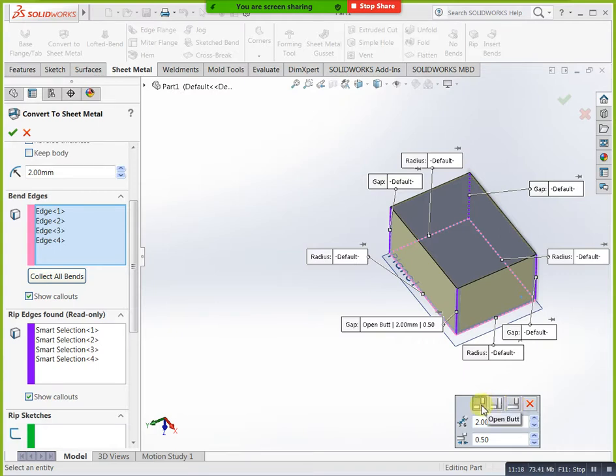Okay, which type you need? You need overlap type, you need underlap type, you need open butt. I need open butt type. Okay, when you selected this open butt type, now you can do finish. Okay, same you will consider all. Gap, we need gaps na? Here you can select gap. Already we have open butt type, we no need to change that one. Just you can finish. If you need to change that one, you can change, not a problem.